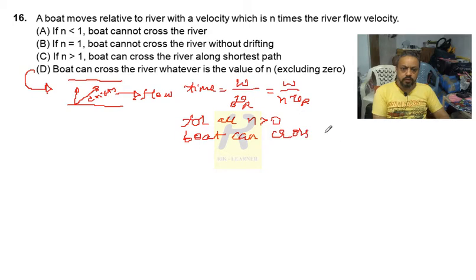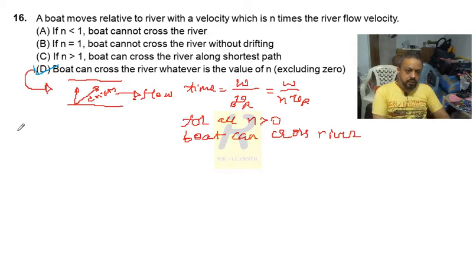The boat can cross a river. So this option comes out right, and this is how I can judge this option. So this option is right. And now what we are thinking about is the other 2 or 3 options. So now what we have to think is,